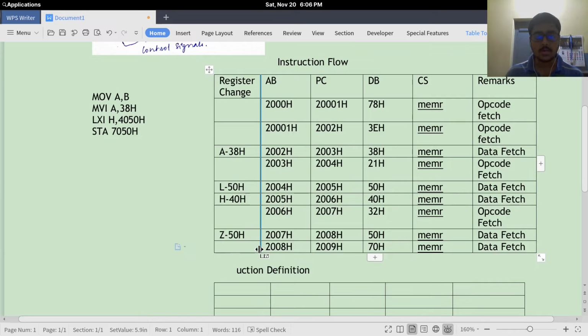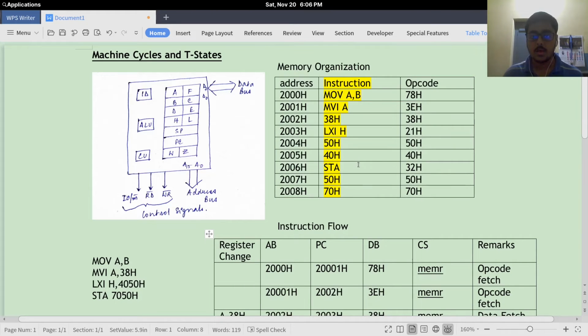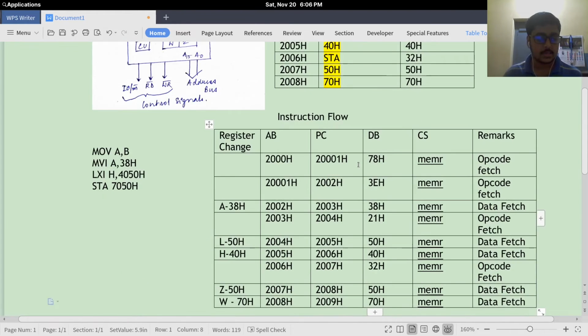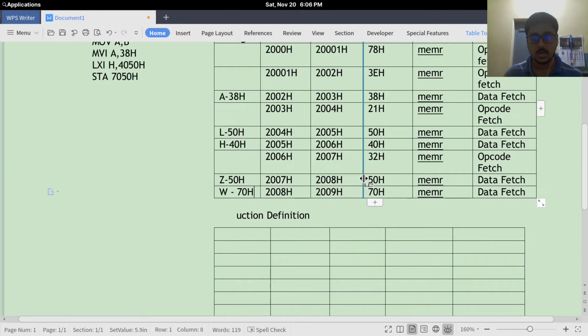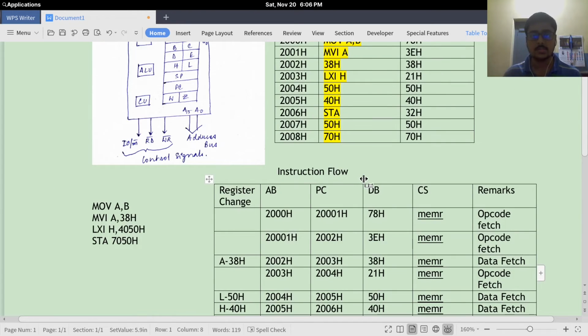And the contents of W is changed to 70H. Okay, 2008H contains 70H.